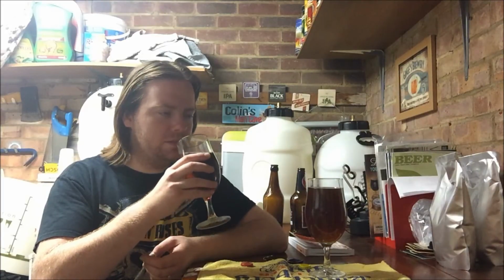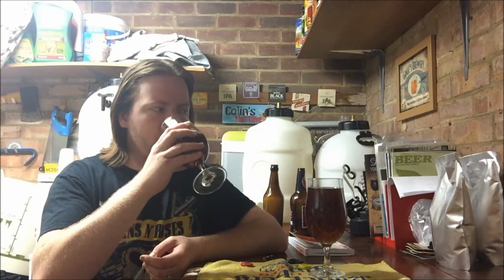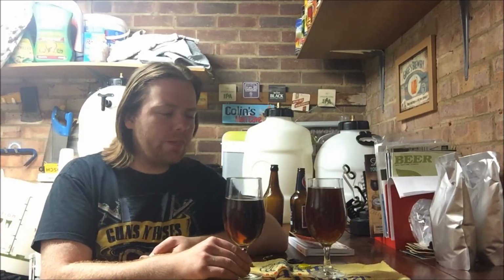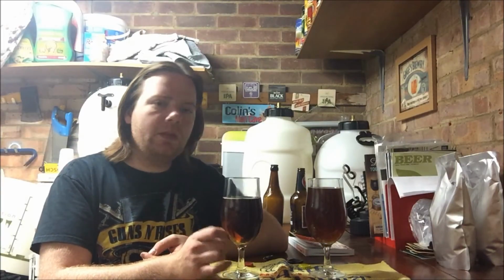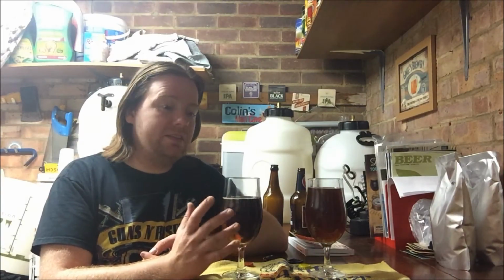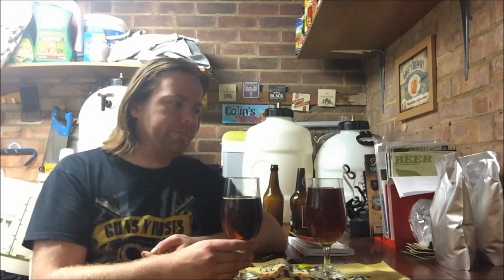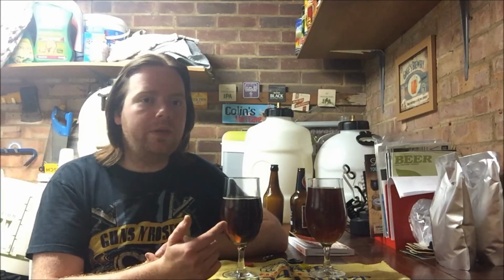Interesting, I can smell a little bit more of the malt now that I've had a taste. Yeah, like I said, you're still getting that impact of carbonation first of all. A little bit of hops, a bit of malt. That is actually a pretty good beer, I've got to say. It's not bad. If I went to a pub and that's all they had on, I would be quite happily on that all